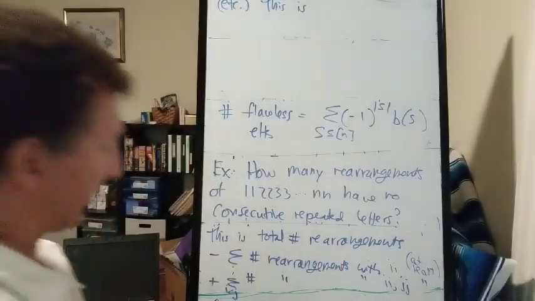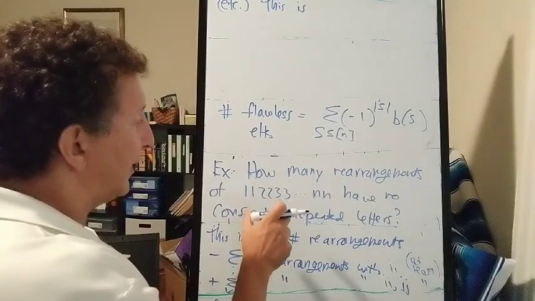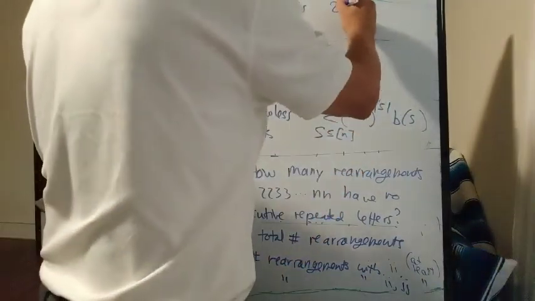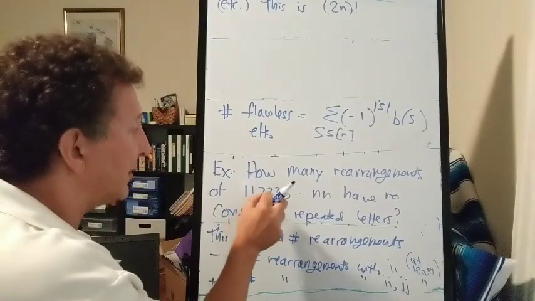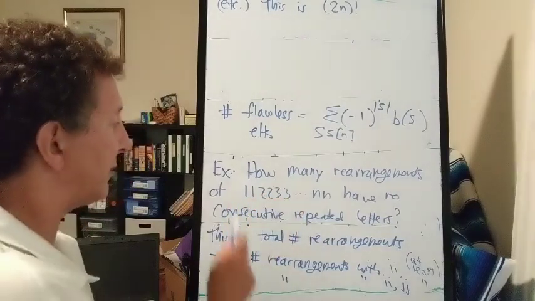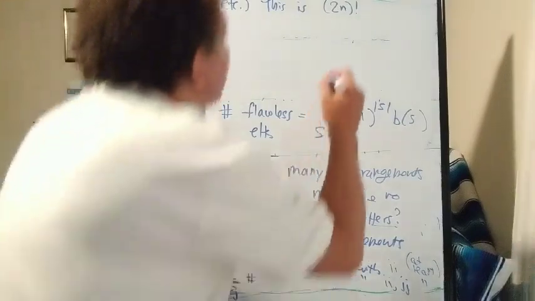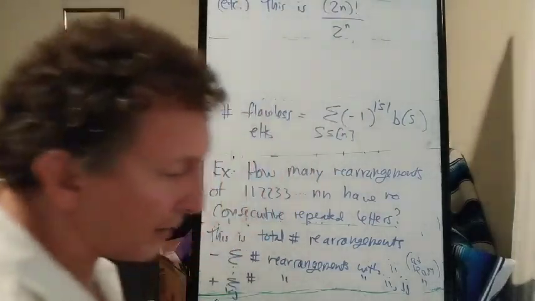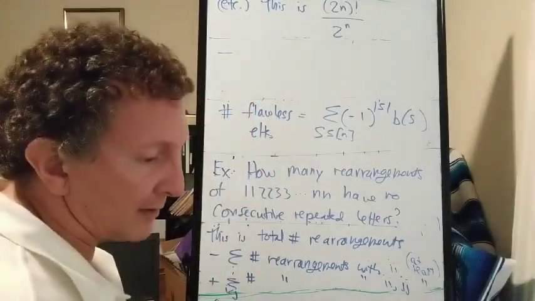All right, so let's start counting these things. The total number of rearrangements is, well, we've got 2n letters here. So 2n factorial ways of rearranging them, except that would be overcounting because we've got 2 1s, 2 2s, 2 3s. So we better divide by 2 times 2 times 2. We better divide by 2 to the n. All right, minus